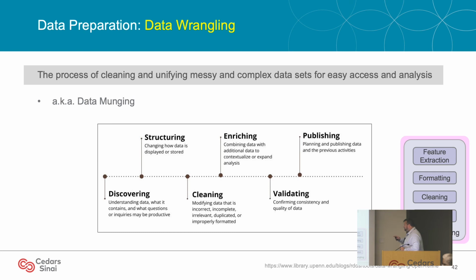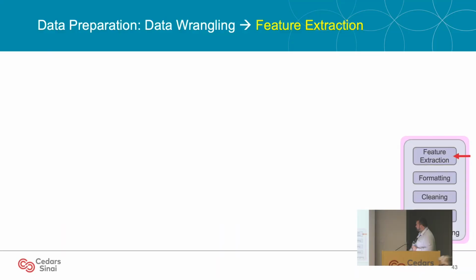Okay, so data munging, data wrangling can include any of these things here. We're not going to get into great detail here of all the components of data wrangling, but we will focus briefly on all of these. All right, so within data wrangling, let's talk about some of these elements. First off, feature extraction. Depending on your data sources, this might be a really important step for you. It might be something you already know how to do really well.